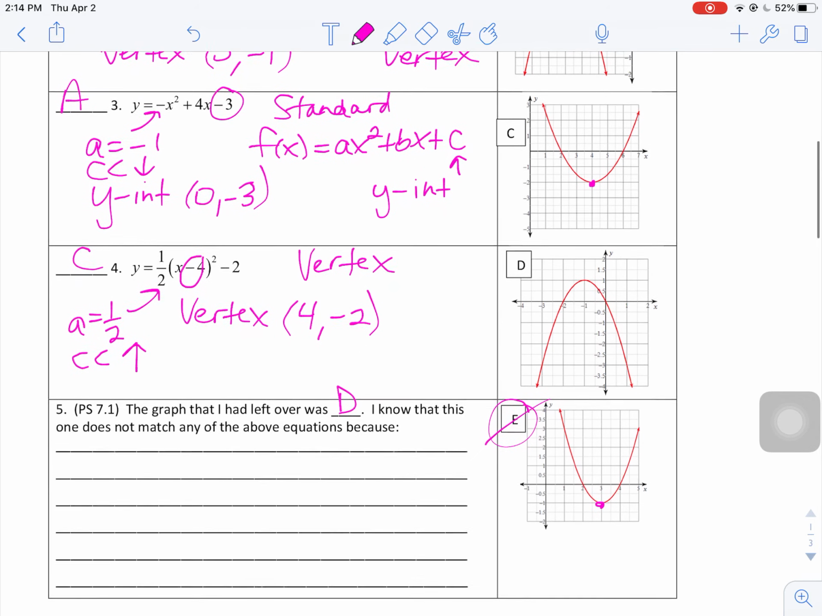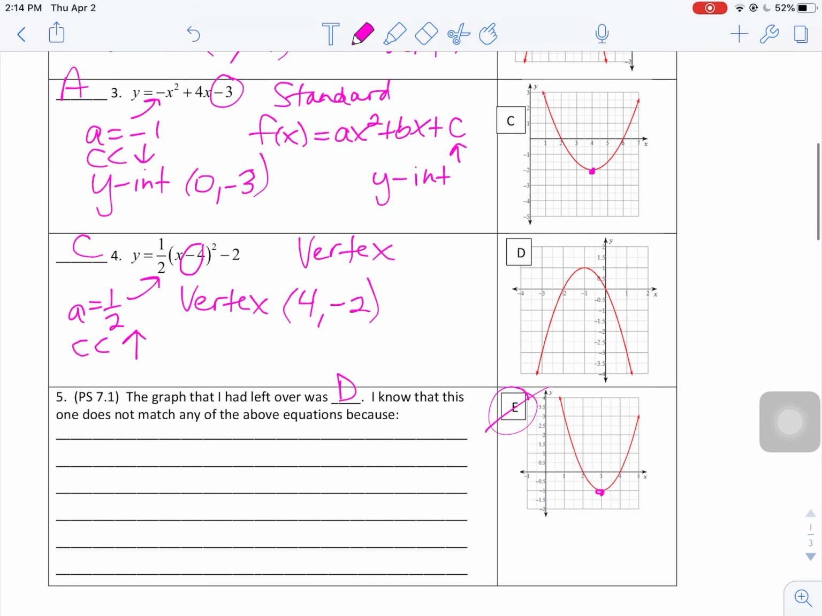I know that this one does not match any of the above equations because, well, there's obviously the answer of it was the only one left, but to be a little bit more descriptive and a little bit more specific, maybe I can just mention the key features from graph D and say that that didn't match any of the equations. So when I look at graph D, we have a vertex at -1, 1. We have an x-intercept at 0, 0, and -2, 0, and we're concave down. Oh, and our y-intercept would be 0, 0 as well. So I'll just say